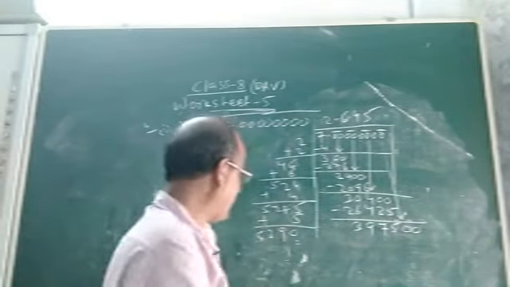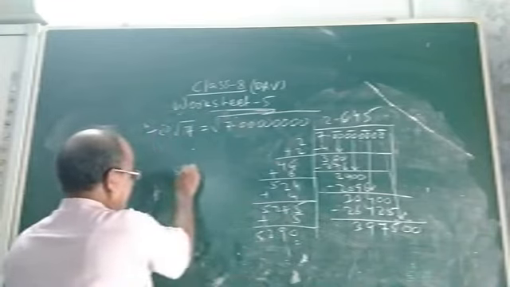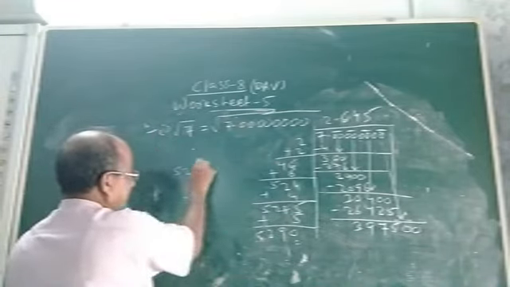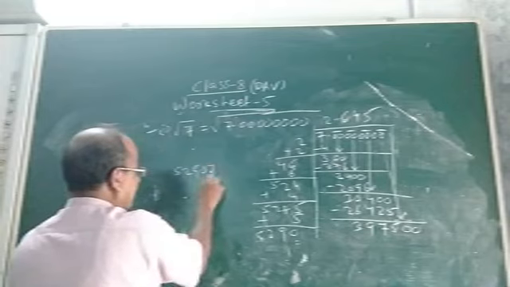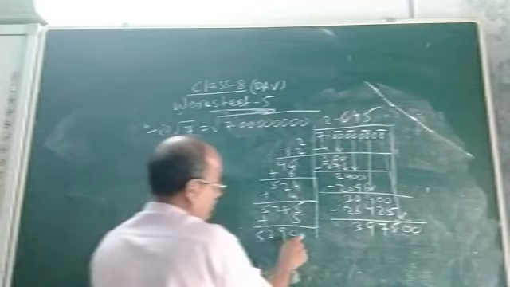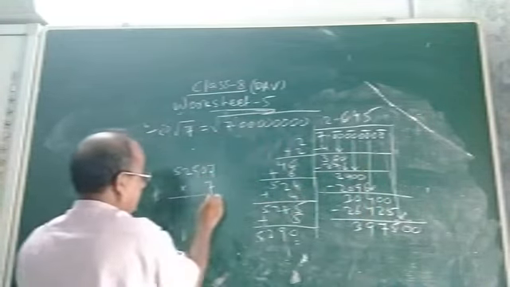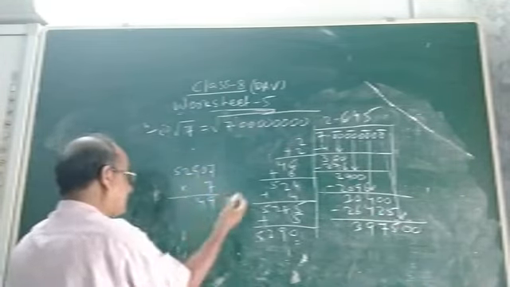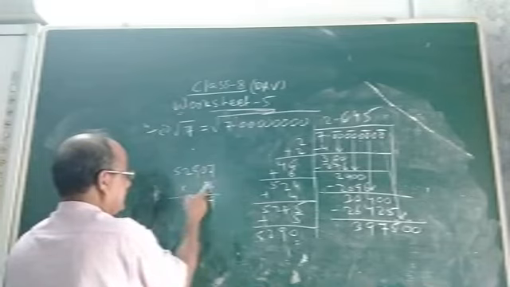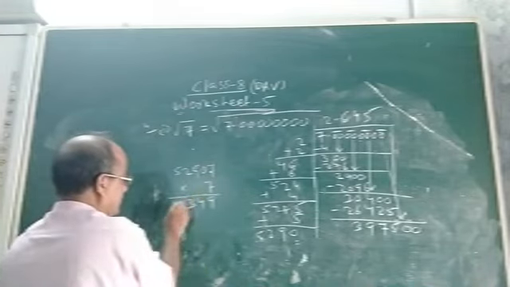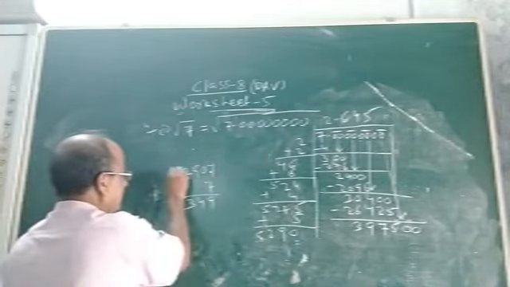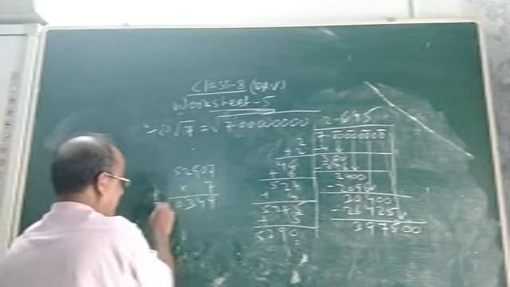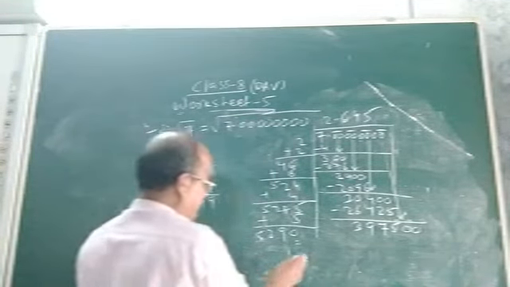Then 7, let us try with 7. 5290, let us put 7 and 7. That means you put 7 here and here. So what will be the answer? You see, 7, 7, 49, 4, 7, 9, 63, carry 6, 7, 2 is 14 plus 6, 20, carry 2, 7, 5, 35 plus 2, 37, 3,70,000 you see.